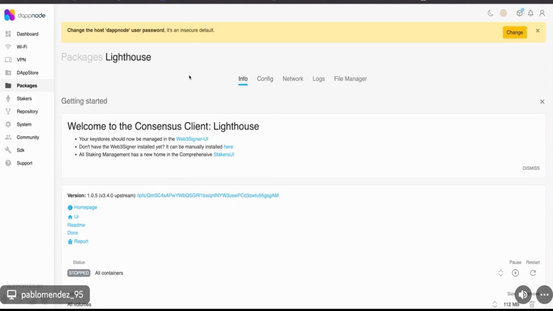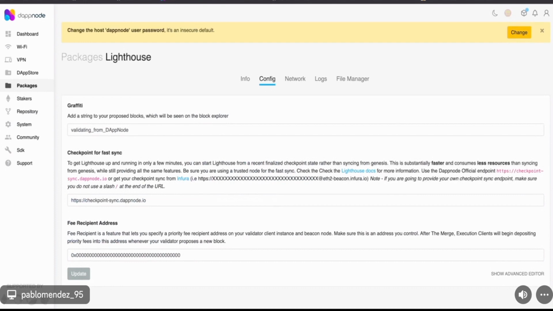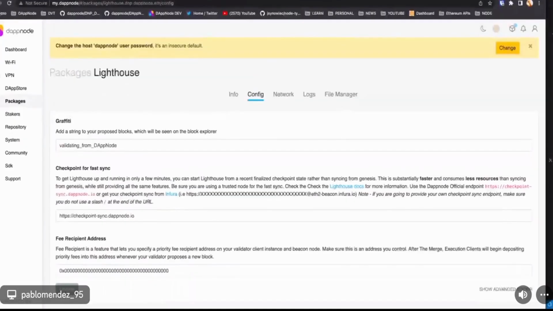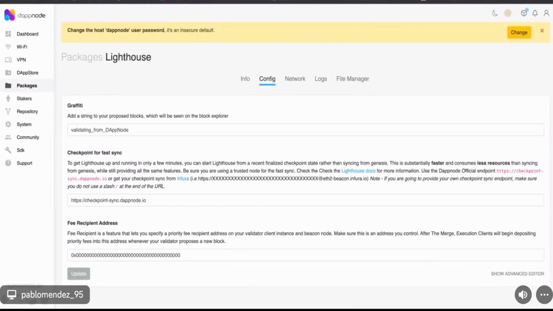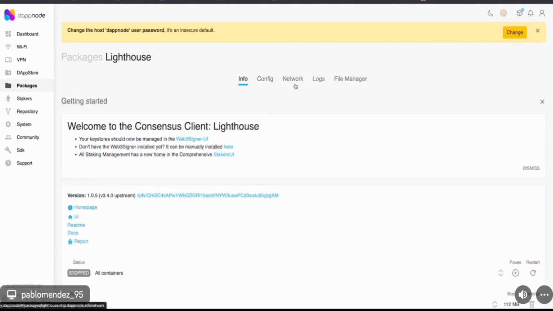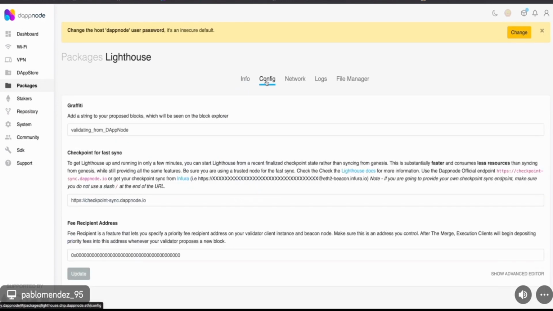If the user goes to the info config, you can see here that this is the setup wizard that I showed you before, and the user can change the value here. The container will get restarted automatically with the new values.